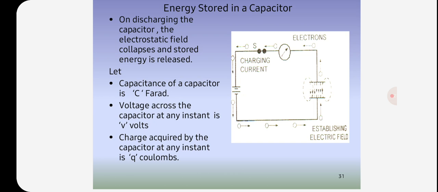The total work done in charging the capacitor to V volts is given by W is equal to integral from 0 to V of dW, that is equal to integral from 0 to V of CV dV, that is equal to C times V square by 2 from 0 to V, that is C V square by 2 minus 0 by 2, that is equal to half CV square joules. So, energy stored in a capacitor E is equal to half CV square joules.